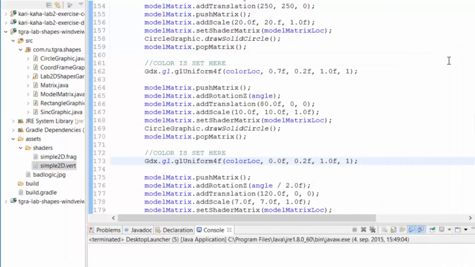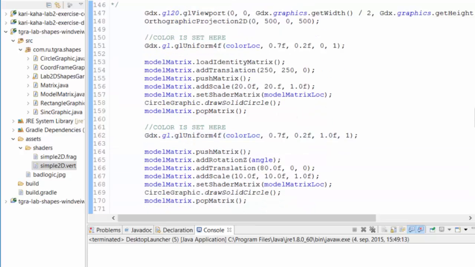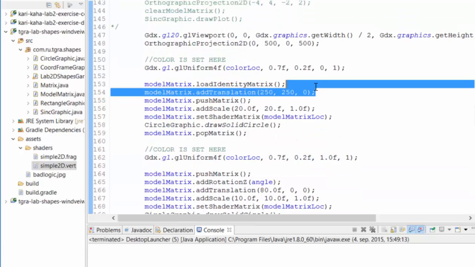Wait, how is the rotation center for those planets? Why is it rotating around this planet? Because I translate to here, and that translation is still there when I start rotating. So I've translated my coordinate frame to there, and the rotation will happen around the center of that. Right, okay. Whereas